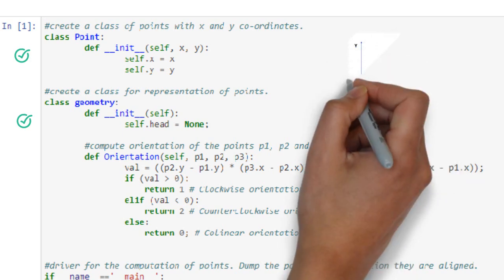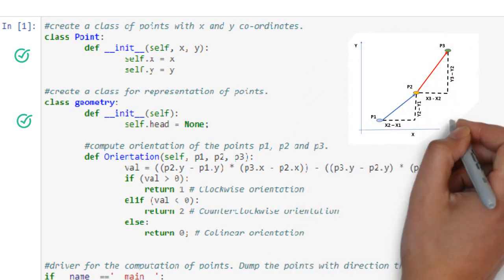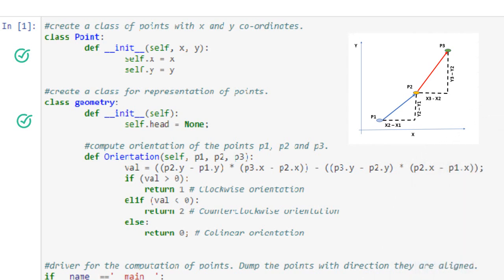This function takes 3 points, p1, p2 and p3 with x1, y1, x2, y2 and x3, y3 respectively. The orientation depends on the value val of the expression seen here. If the val variable is 0, the points are collinear, which means that they lie on the same line. If the value is positive, then the points are oriented in clockwise direction or a right turn. Otherwise, if they are negative, we set the value to 2 and mark the points as counterclockwise or the left